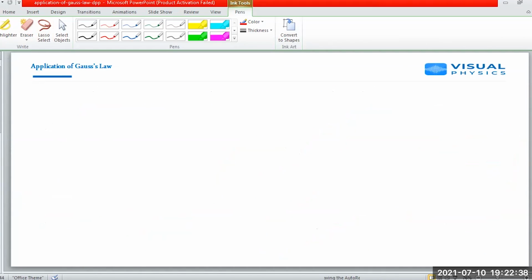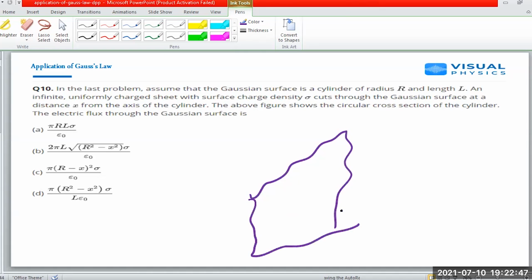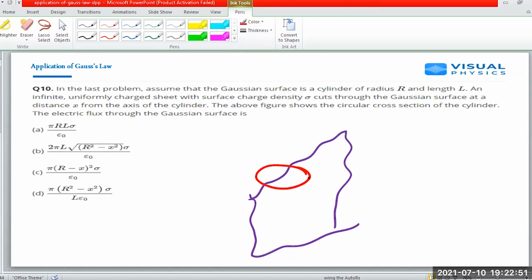On similar grounds, same question, but instead of a sphere, this time I have a sheet and a cylindrical surface. Even though I now have a cylindrical surface, the projection will be that of a rectangle. So going along the same line of discourse, option B will come. Next.